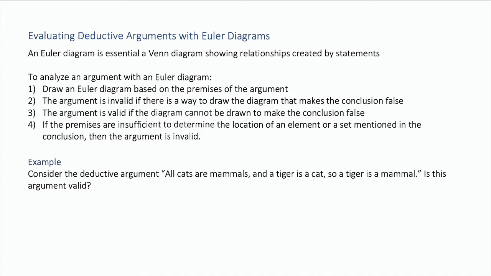Our specific example will just use a point. Essentially, the question is whether this is an element of a set, which is how it connects with Venn diagrams. So we're going to draw the Euler diagram based on the premises of the argument. We'll draw our circles based on the premises, those general statements. Then we're going to see if we can make the conclusion false